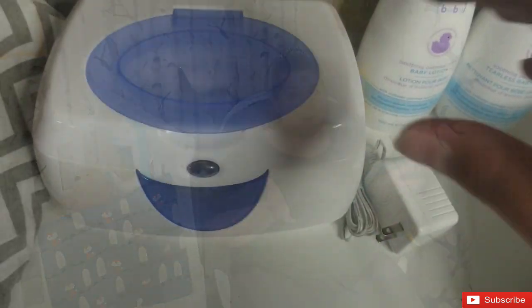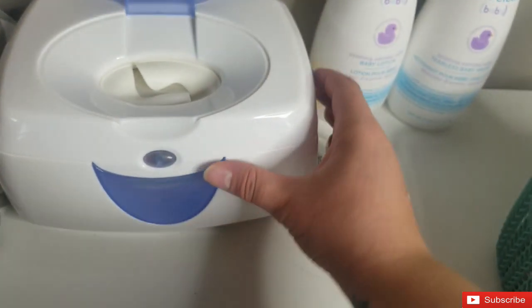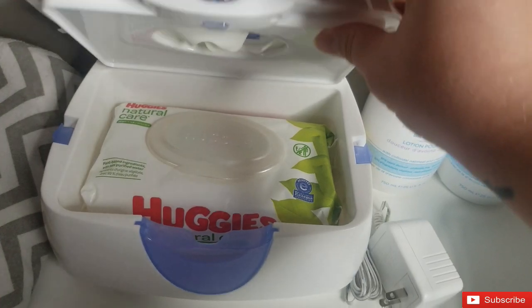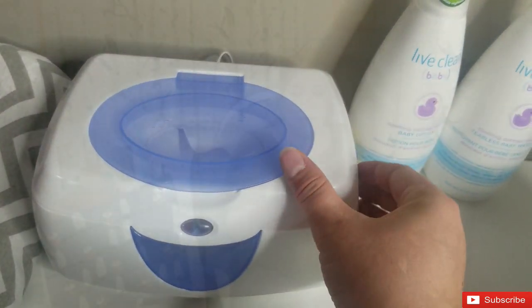The next item is a wipe warmer. This one might be kind of obvious, but especially for me, I'm in Canada. It's already starting to be winter here. And my baby's going to be coming at the end of November, which is basically the beginning of winter. So I want to make sure that he's as comfortable as possible whenever I'm changing his diaper. So I don't want to be putting a cold wipe against him, because I remember even when Holden came,